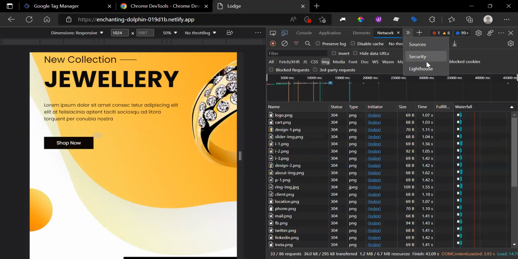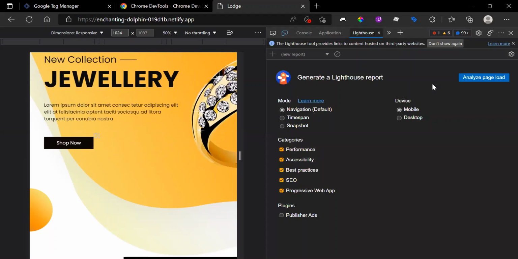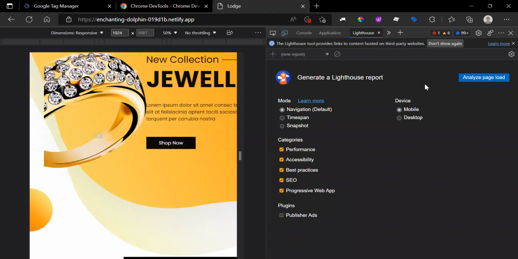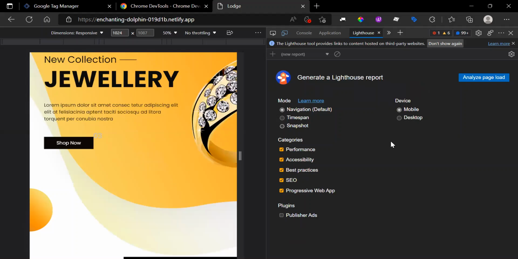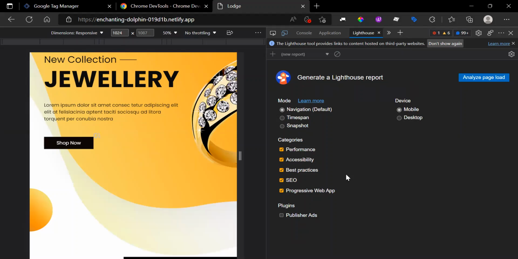Then we can go to the last part, that is Lighthouse. Lighthouse is a kind of platform that Chrome DevTools provides you, and using this you can analyze your website. Supposedly I have opened this particular page, and